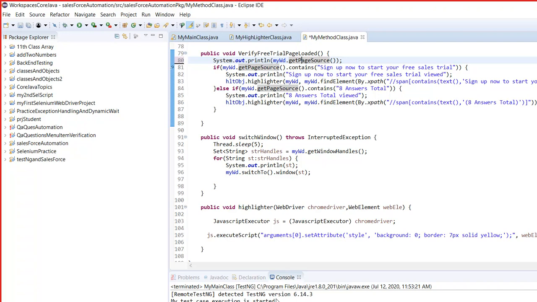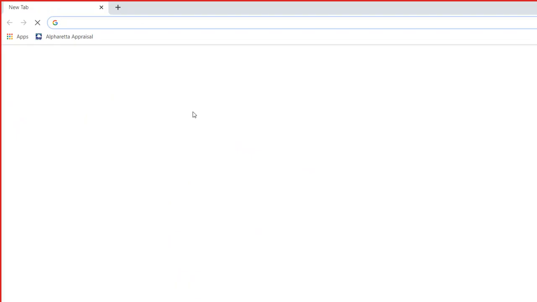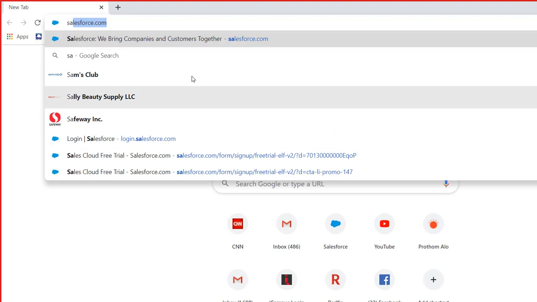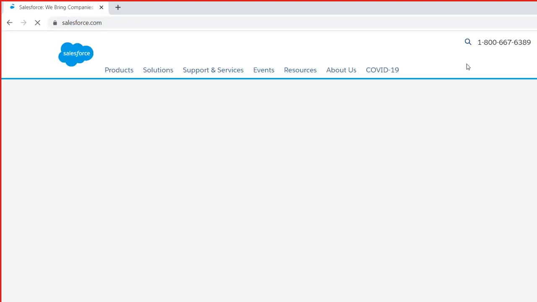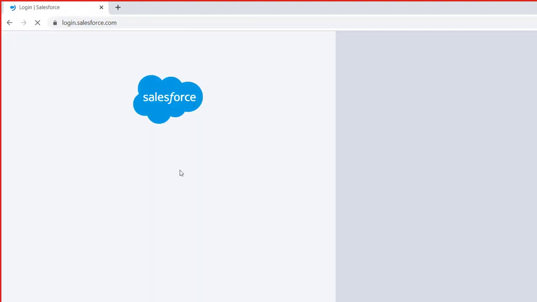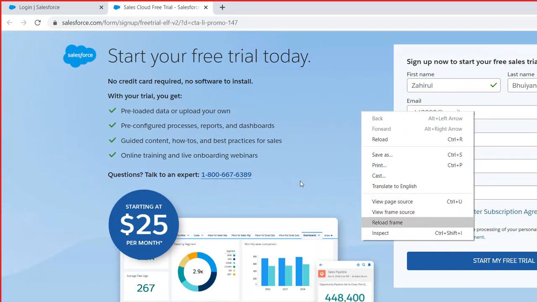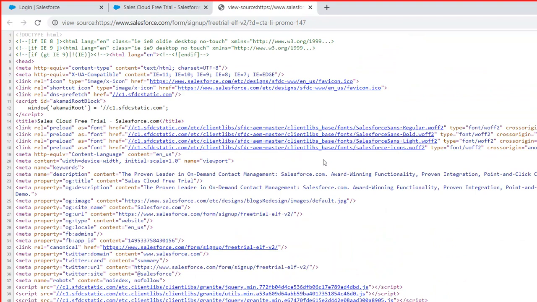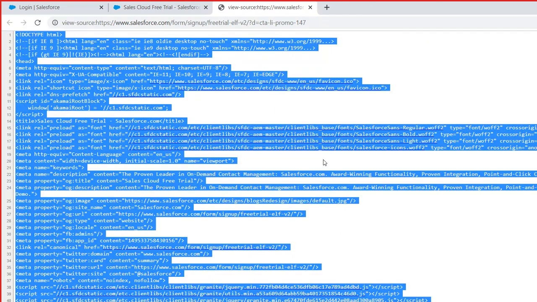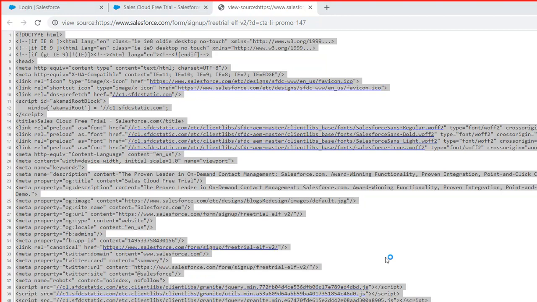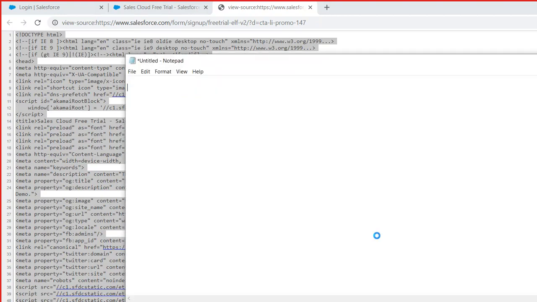If you open this page, Salesforce, and then click on login, right? And then if you click on the start my free trial, and then if you right click here, right, and then can you see view page source? Can you see this, guys? Click view page source, and if you copy everything from here and take it to a notepad, right,